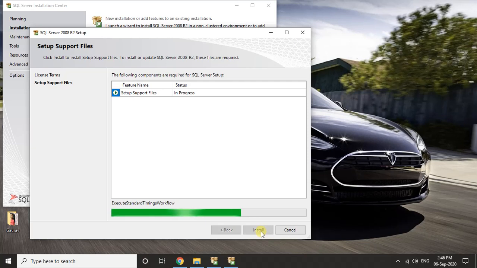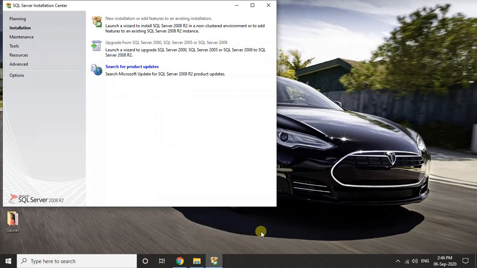You have to wait for a while to complete the setting up process. As soon as the bar completes, the install button will be highlighted, which is here in front of you. Before it, you cannot click on the install button.